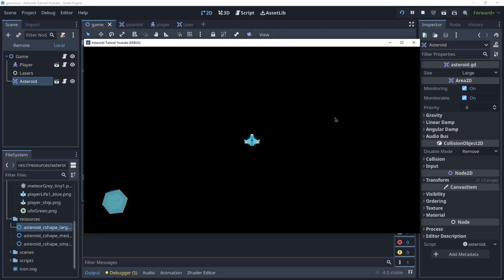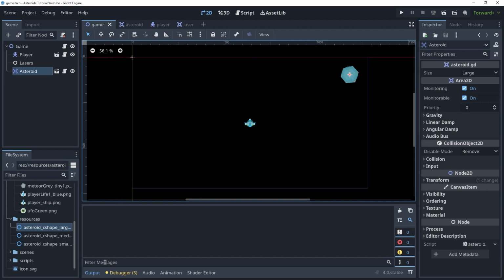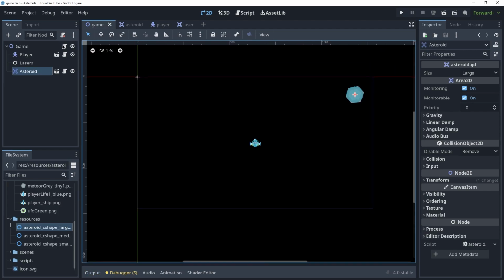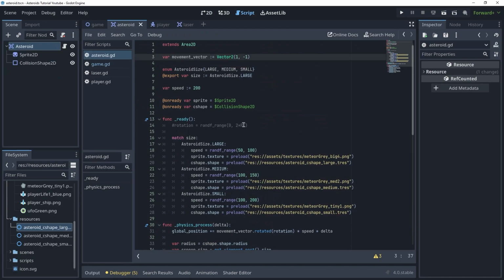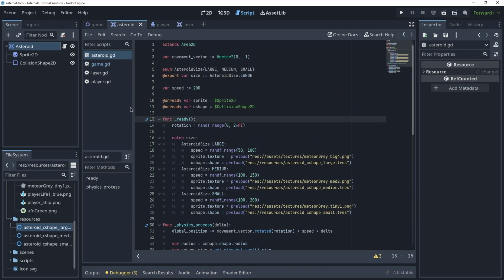Perfect. I think that's good. If there's something wrong with it, we can fix it later. Let's turn on the rotation thing again, and we can set the movement vector back to be -1. I think that is almost all that we can do here inside of the meteor without going outside to different